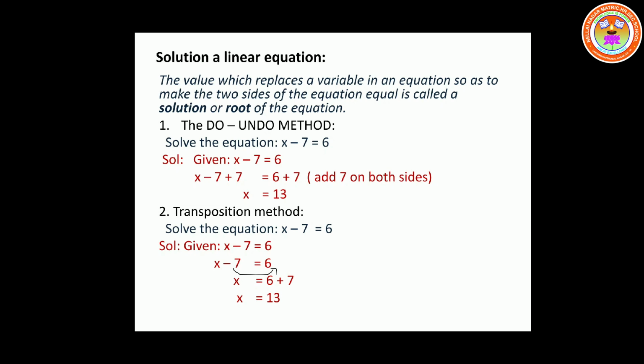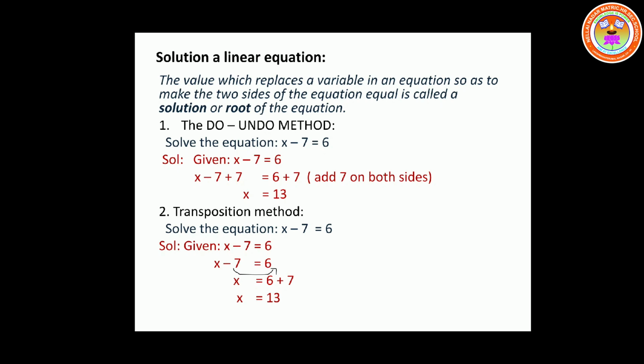Now what I'm going to do is remove the minus 7 by adding 7 on both the sides. I want to find only the value of x. I don't want any other numbers. So I have to think of a method to eliminate the numbers. In my left hand side I have x minus 7, so I have to remove that minus 7. To remove it, I have to add 7, because minus 7 plus 7 becomes 0, and what is remaining over there? Only x.